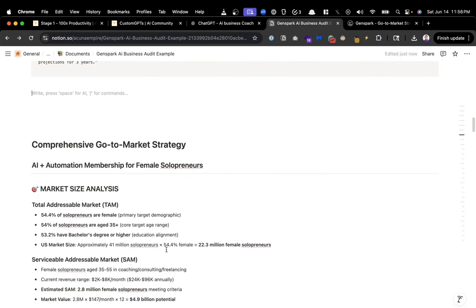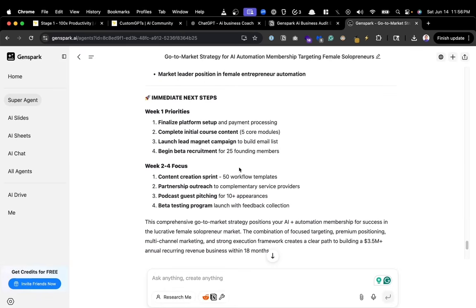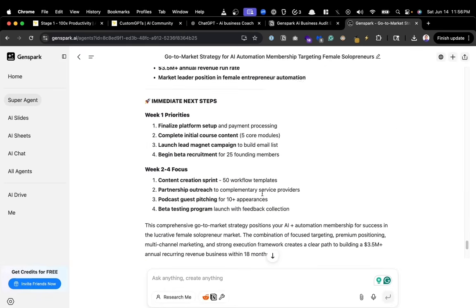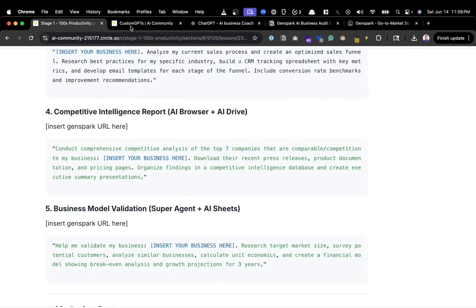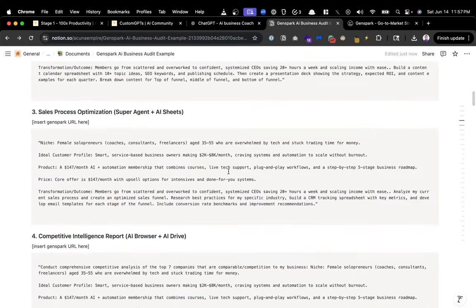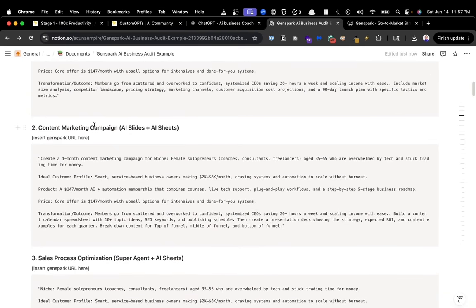It's saved in my digital brain so that I can find it and I can use it for custom GPTs, which I'll show you right after. And then I have this very powerful conversation. And again, you could read it. There's a lot of stuff in here. But for the next example, we're going to go back to Notion, scroll up to the second example, content marketing